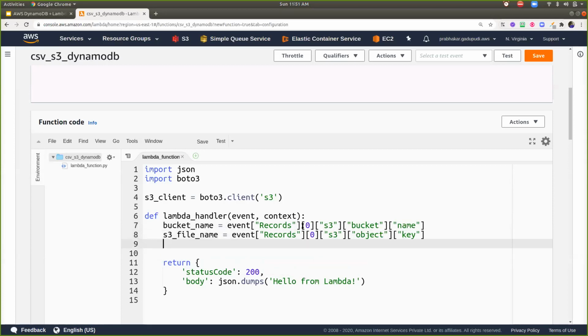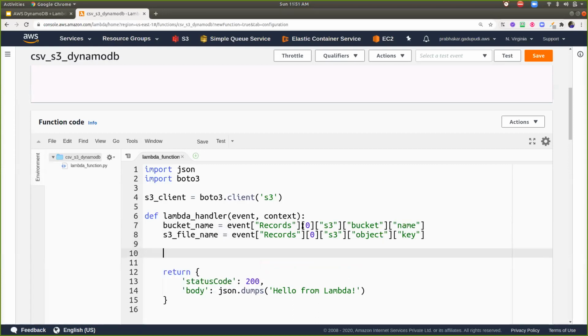Then after that, I want to get the data from that S3. So I can create another object, my response. I can say S3 client dot get_object, and I use the bucket, which is the bucket name, and I can specify the file name by using the key, here S3 file name.